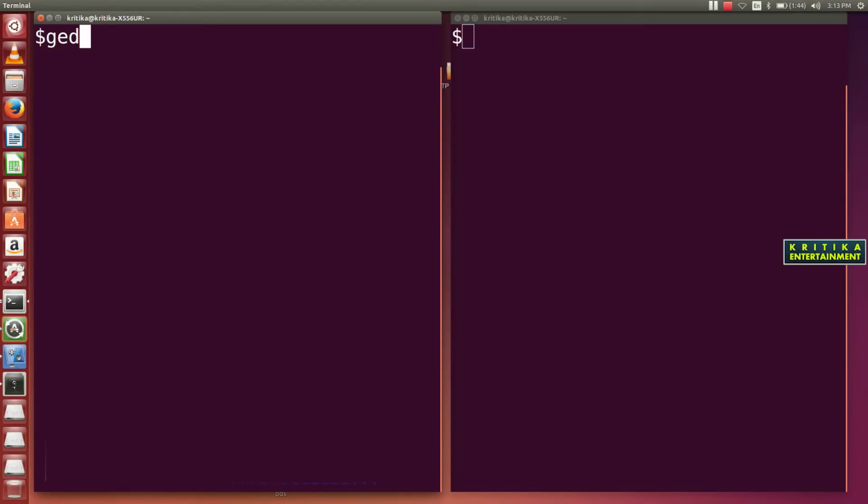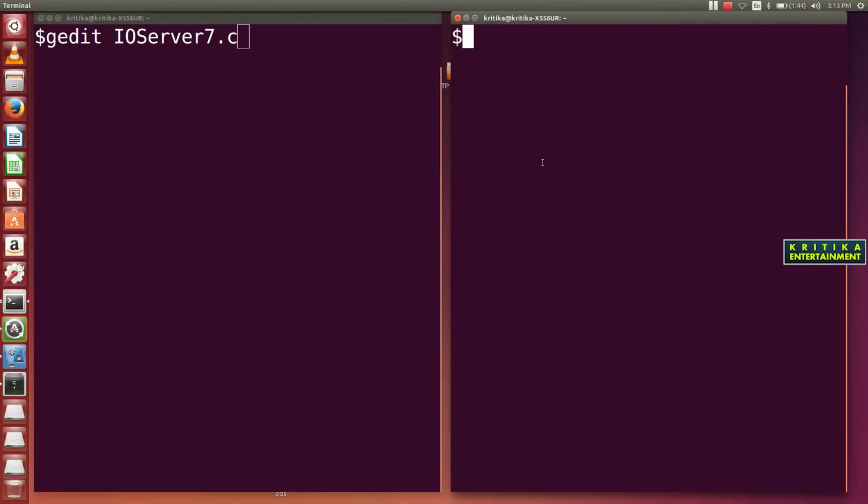So here I have written gedit io_server.c, and here gedit io_client.c.